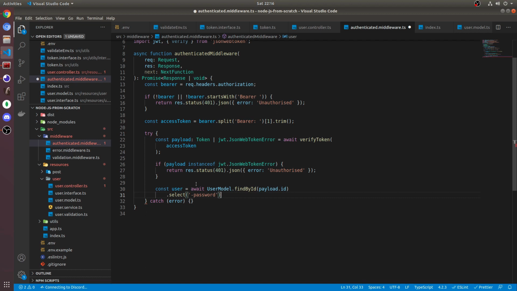What this will do is get rid of the password, so it'll return all the other information about a user from the database, except the password, which is, as you can imagine, pretty important. And then we'll execute that. And then we'll do a check to see if that user exists. This is another potential scenario, that the user doesn't actually exist with that payload ID. So we'll do if no user, this time